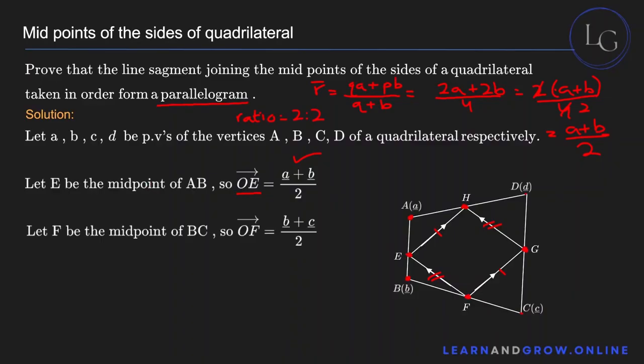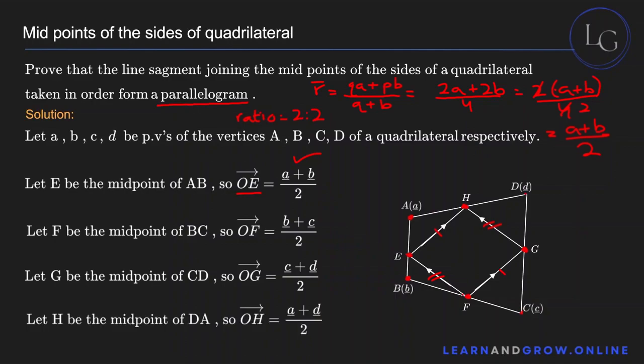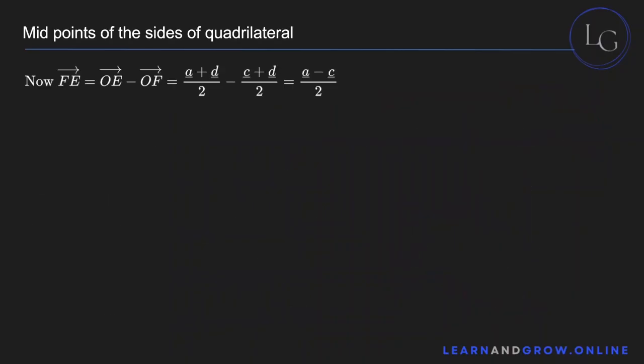Now when you apply the same rule on all of the other sides, you find out that OF, which is the position vector of this F over here, is equal to B plus C over 2, because it's between B and C, right? And for G, you guessed it, it's C plus D over 2. And for H, it's A plus D over 2. Okay, now that you have this information, you know